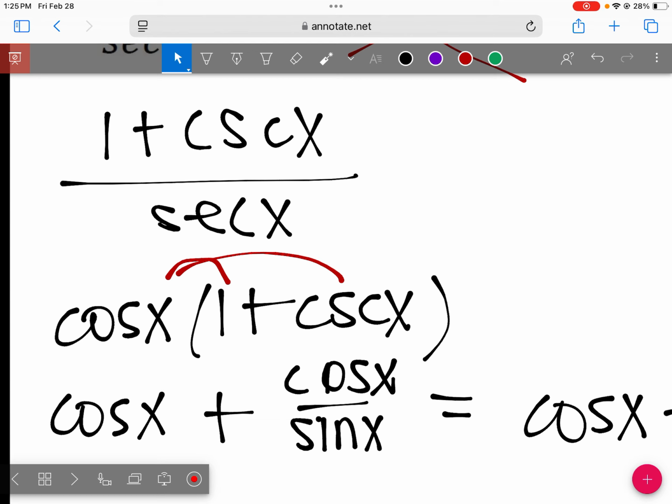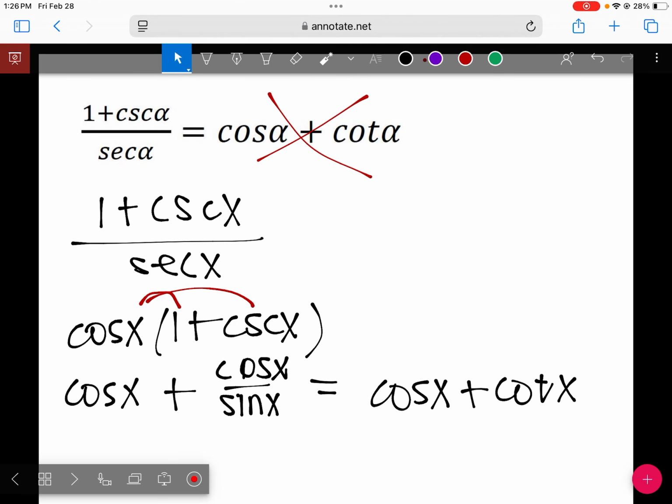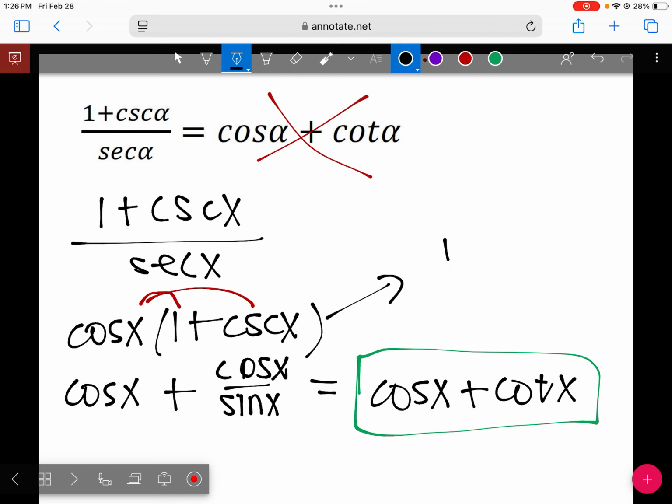So I have a cosine over a sine, which also happens to be a cotangent, which is what we needed. So here, I turn this cosecant into a 1 over sine x, so that when I multiply the cosine x in,